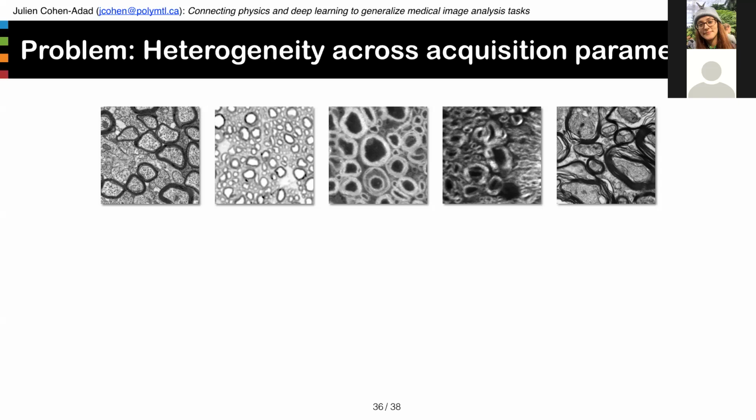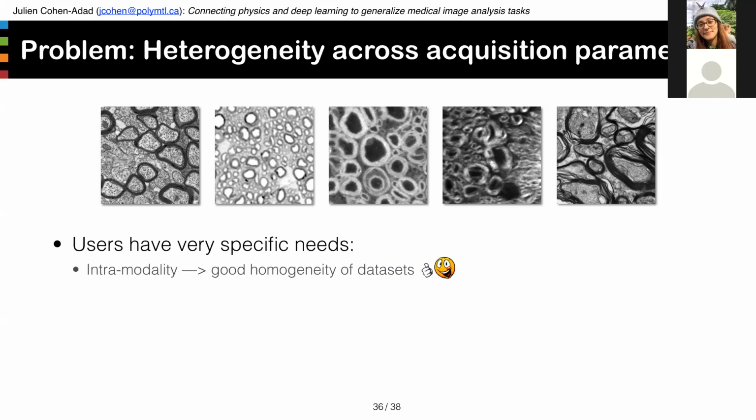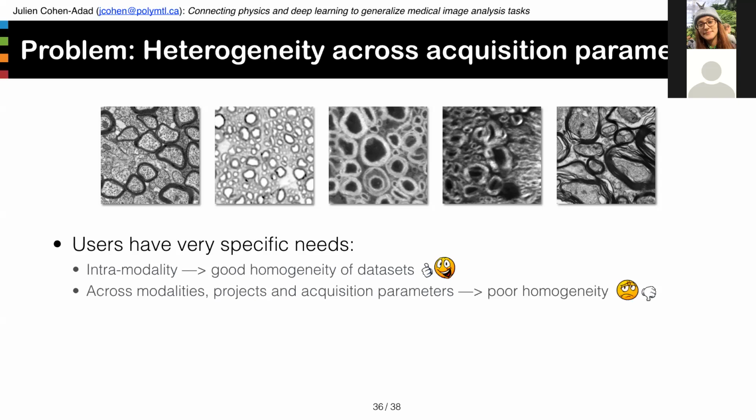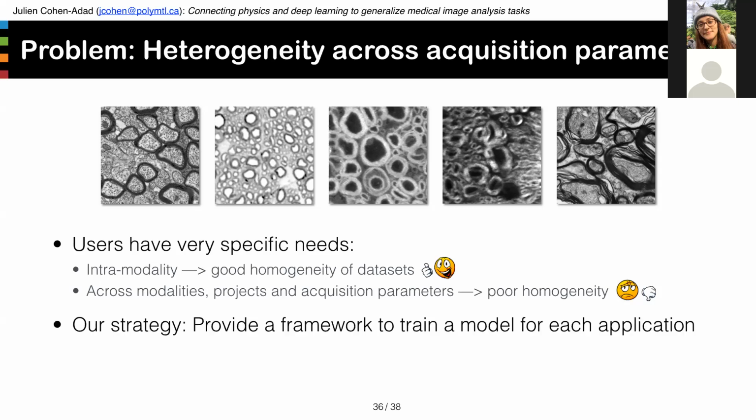And that's because of the heterogeneity across the acquisition parameters. So users have very specific needs, in fact. When they set up a series of experiments with the same tissue type and a fixed set of acquisition parameters, usually the images look very similar. However, when they start changing the acquisition parameters, look at different tissues, brain, brainstem, the heart, then suddenly the models perform very, very poorly. So our strategy here